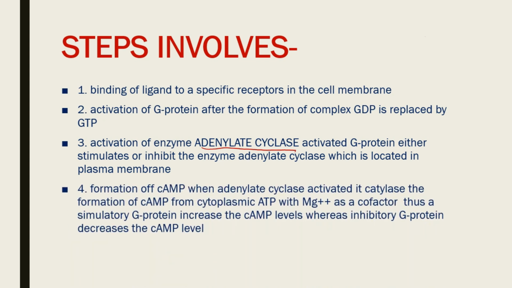Step number 4, formation of the cyclic AMP. When adenylate cyclase is activated, it catalyzes the formation of cyclic AMP from cytoplasmic ATP with magnesium ion as a cofactor. That means cytoplasmic ATP will convert into cyclic AMP with the magnesium ion as a cofactor. Thus, a stimulatory G protein will increase the level of cAMP, whereas an inhibitory G protein will decrease the level